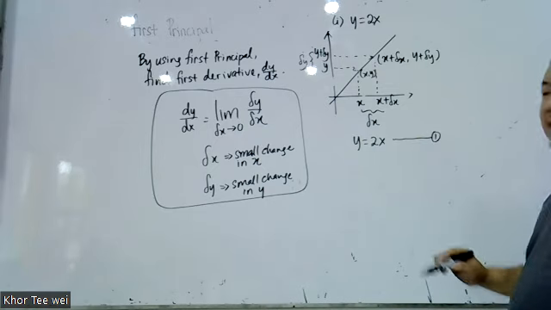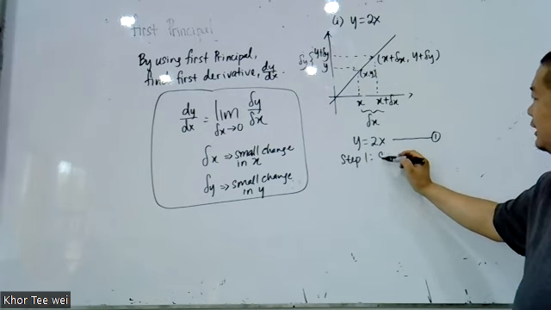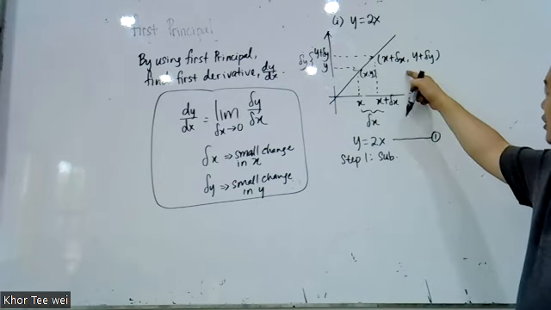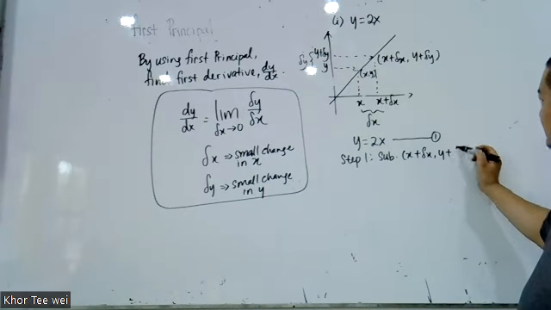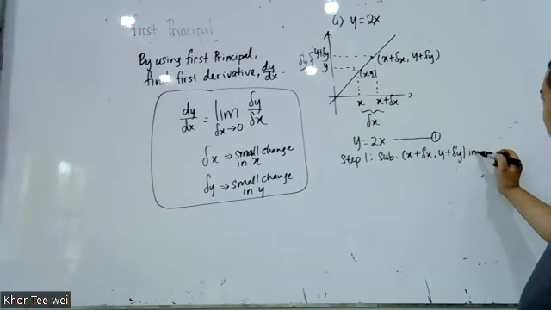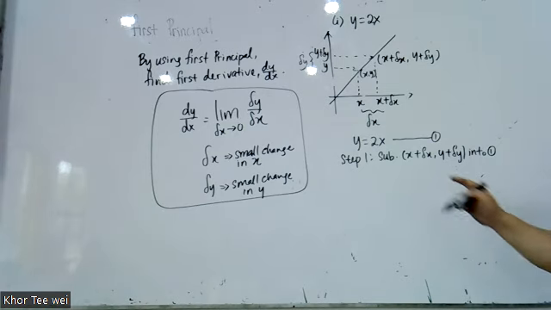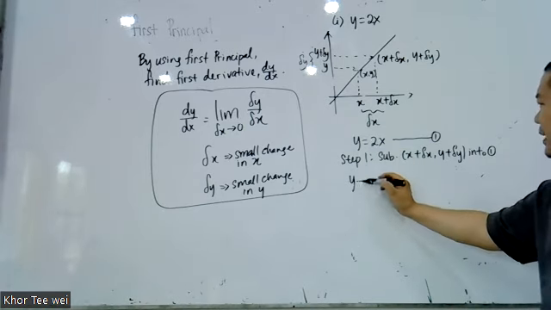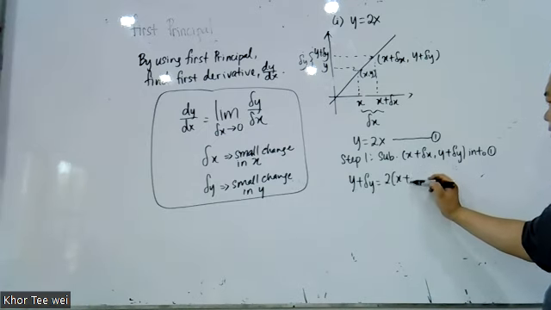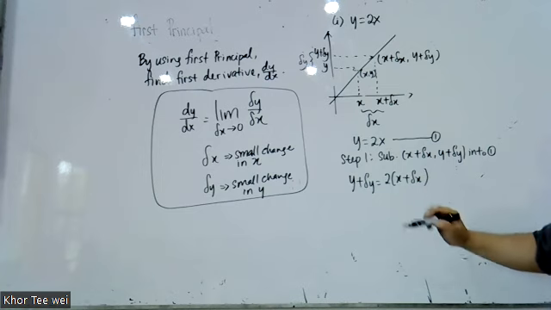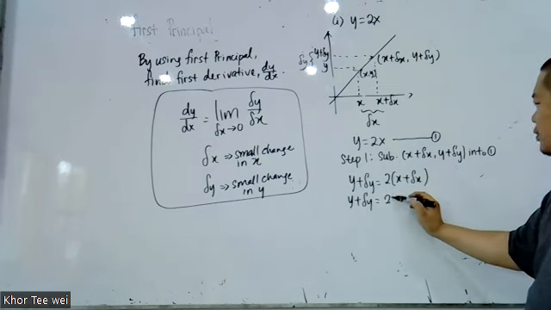So your first step for the first principle, step 1, you need to sub your coordinate x plus delta x, y plus delta y into equation 1. Okay? So it means this one you're getting y plus delta y. This one you get x plus delta x, right. And then you try to expand 2 times x, 2x, 2 times